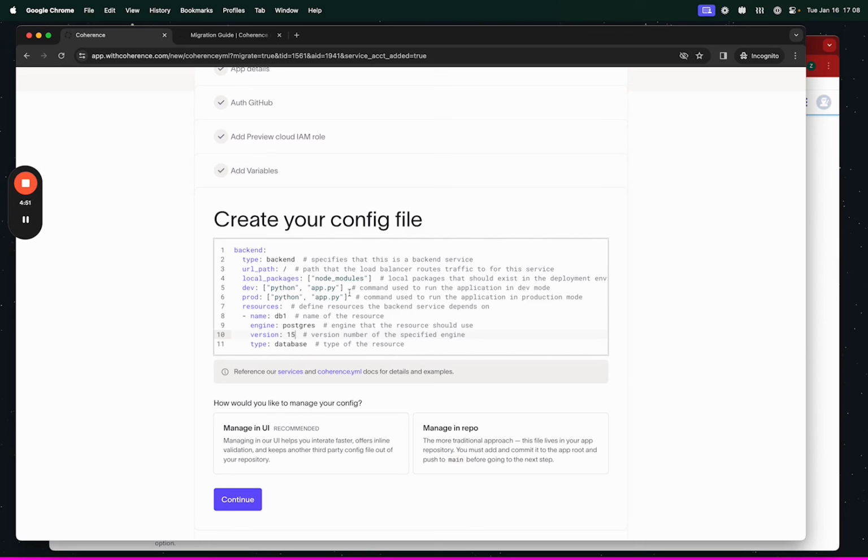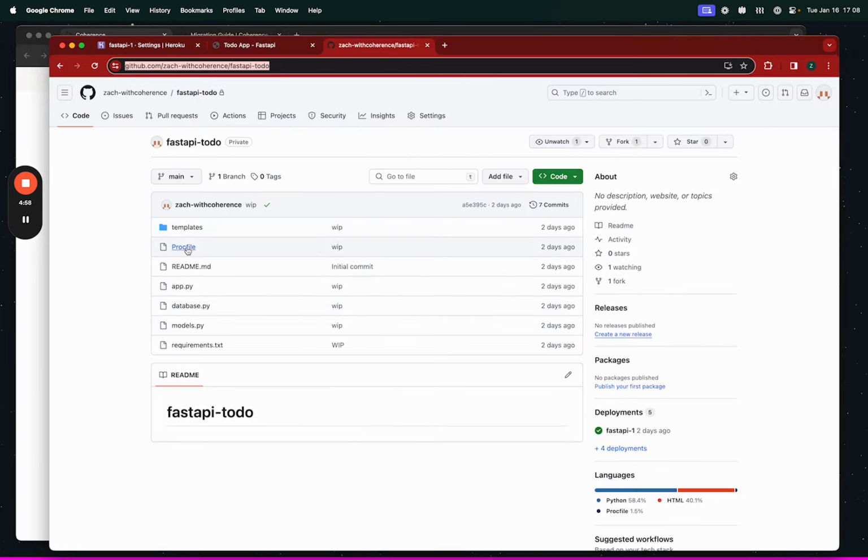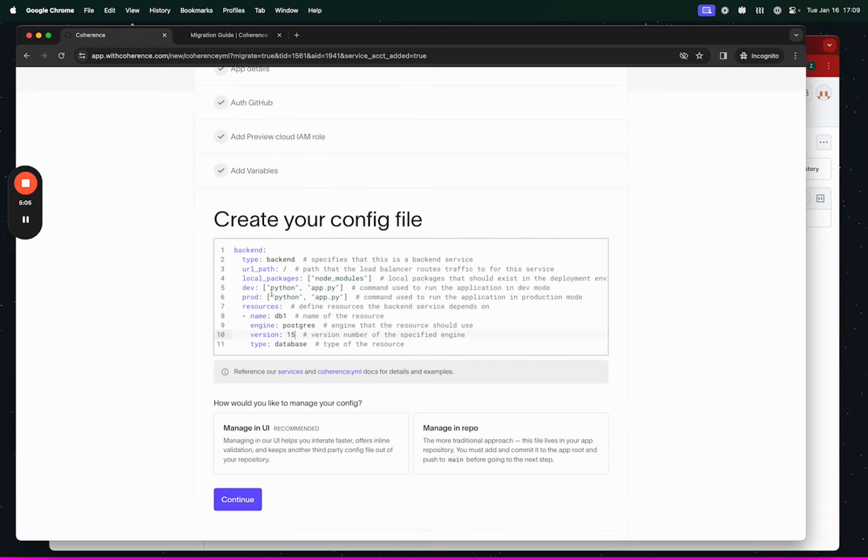Maybe GPT sees more of 13. And then this is not matching the command from my proc file. It should be using the same, basically this web command should become what Coherence calls prod and dev. Obviously there's 2 commands here instead of 1, so there's some reading to do in our docs, but the gist of